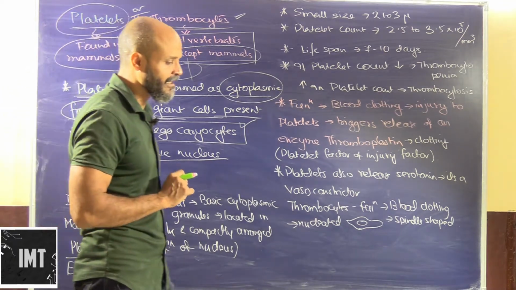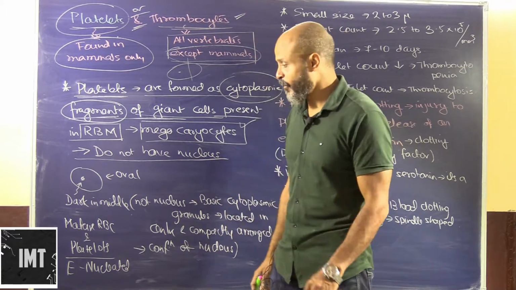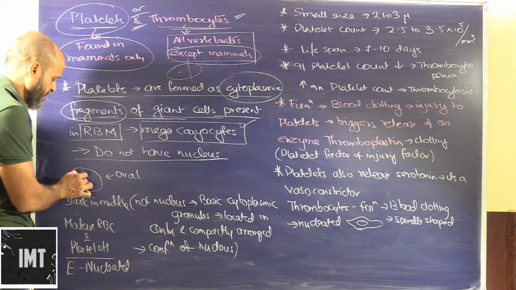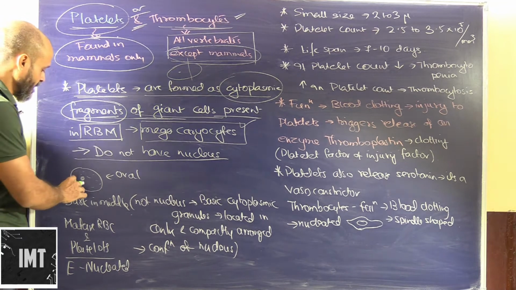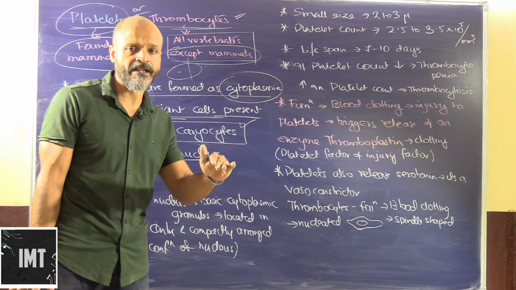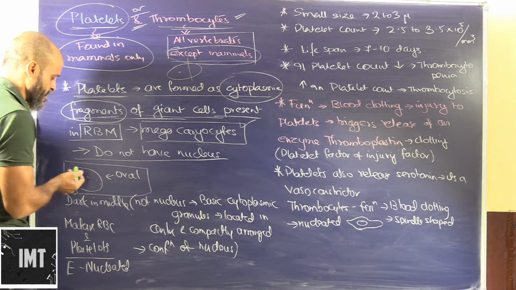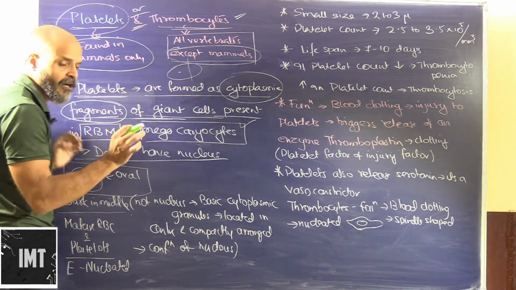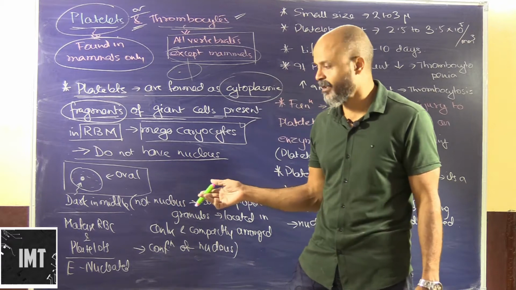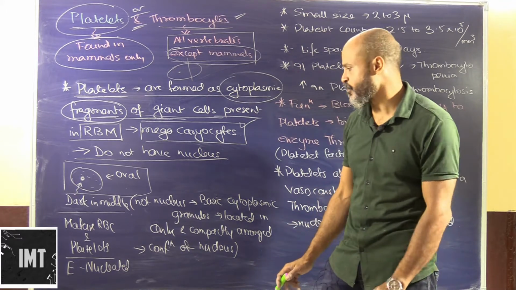The confusion about platelets is this: in RBCs, in the structure itself we see that there is no nucleus. But when we see the platelet cell, which is oval in shape, there is a dark portion in the middle. This dark portion confuses us as to whether the cell contains a nucleus or not, but this is not a nucleus.